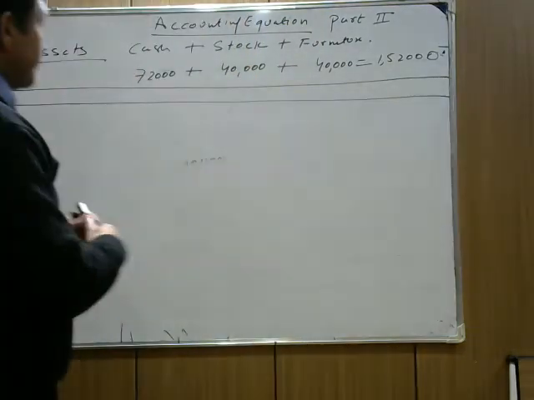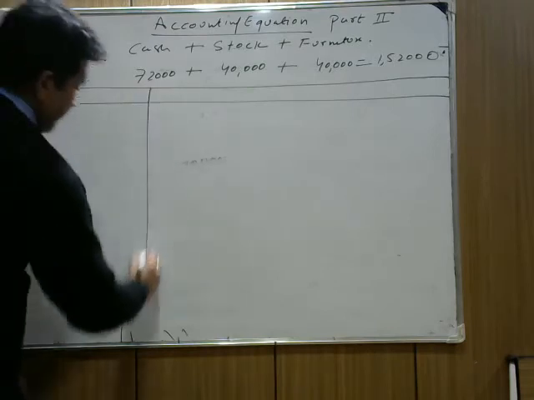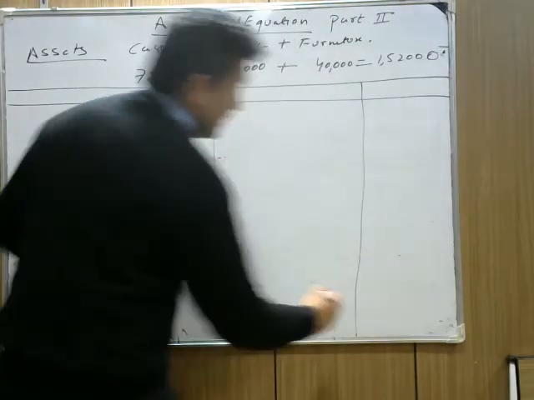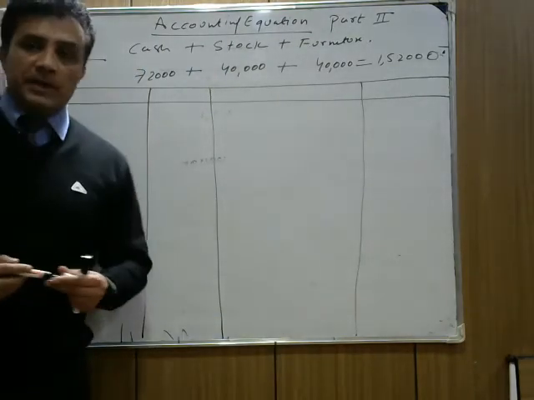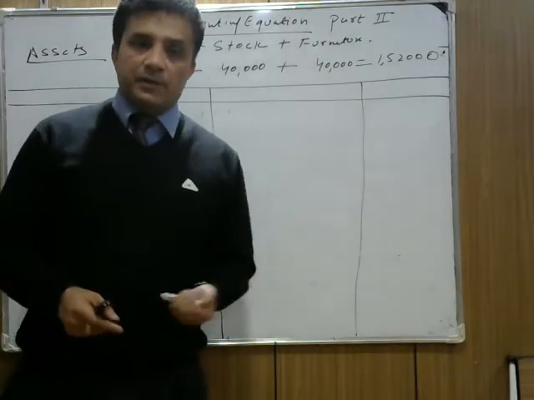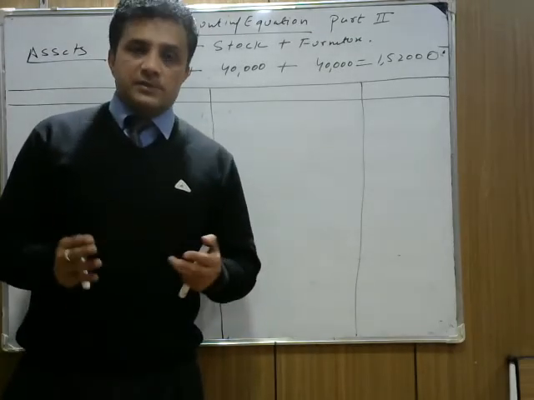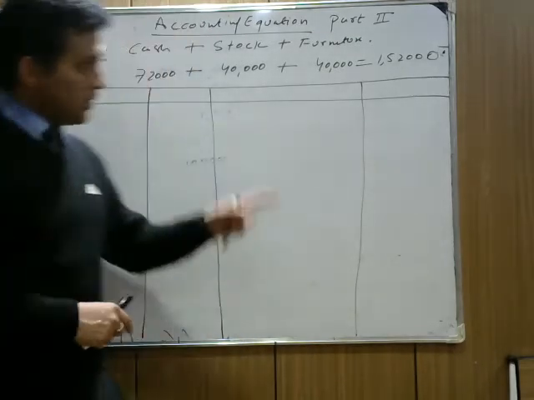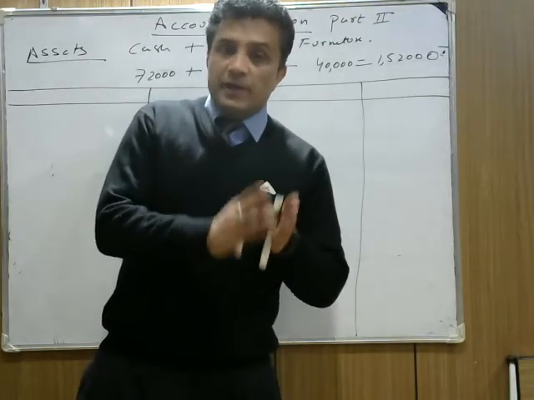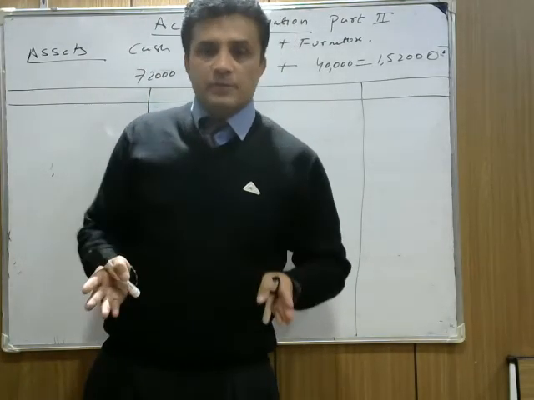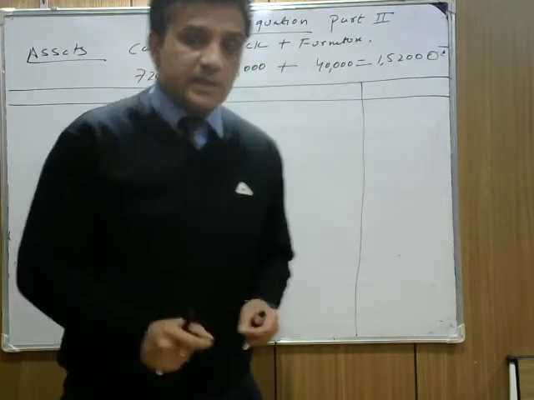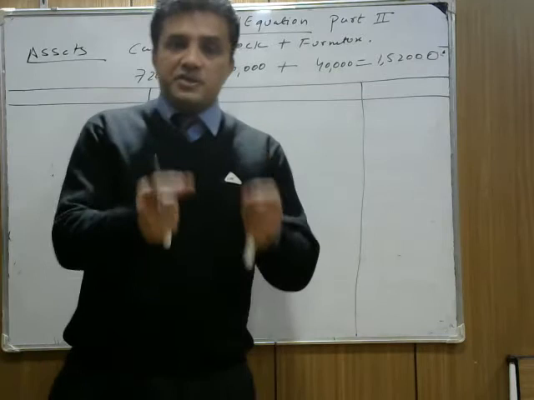Now how do we draw the balance sheet? We write here the balance sheet which you prepare for a sole proprietorship. You are learning to prepare the balance sheet for the sole proprietorship and partnership, but the company balance sheet is slightly different. We call it Schedule 6. We prepare it in a vertical format. This is a horizontal format, to understand, because this balance sheet is important to learn. If you understand this, you can understand the vertical one also. This is the basic concept of how to prepare a balance sheet.